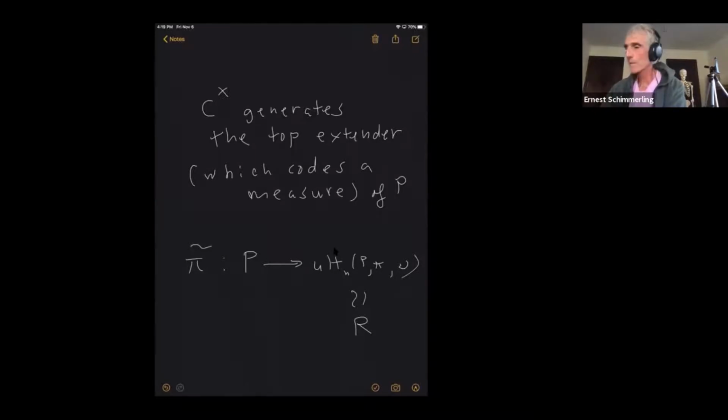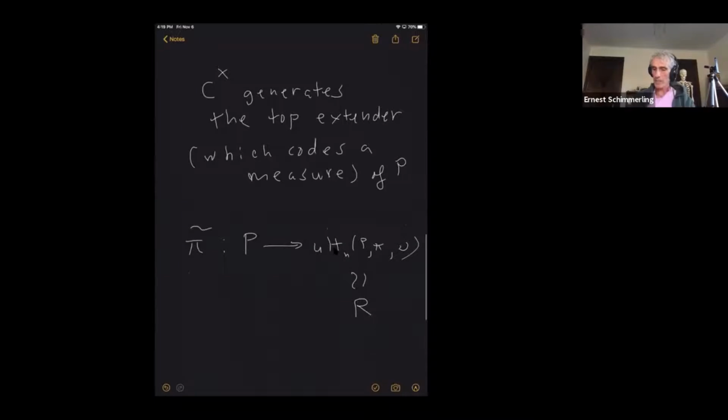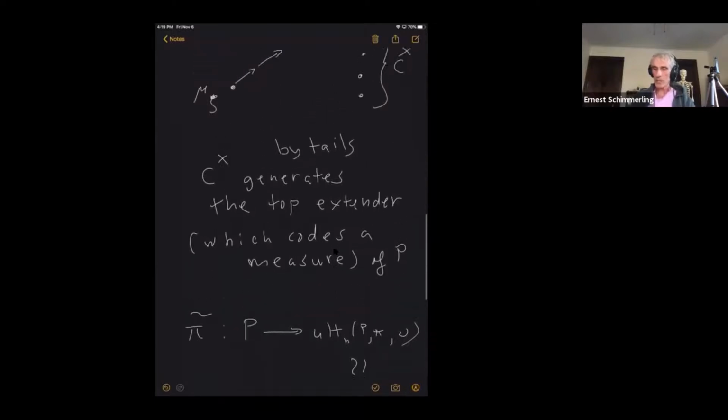So when you say that C_X generates the top extender, you mean by looking at all the things that eventually contain this sequence? Okay. So by tails. Mm-hmm. You look at exactly what you just said. Okay. The same way, like this all traces back to Prikry and Kunen. And okay, so